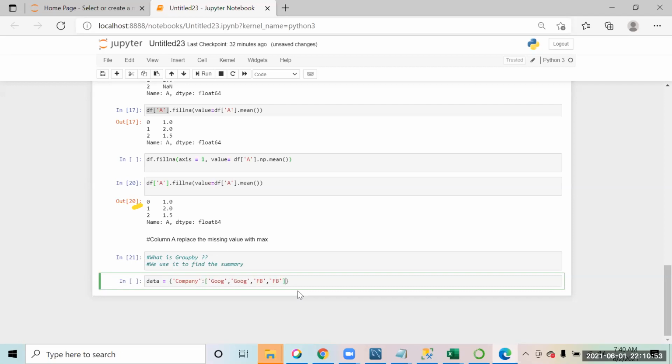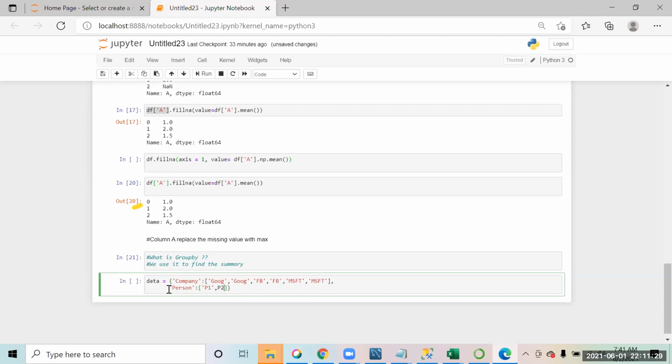Right, so this is one dictionary, FB, and let's take one more company, Microsoft. So then we have as company name, comma instead of dot, MSFT, comma MSFT. Then we can make person, P1.